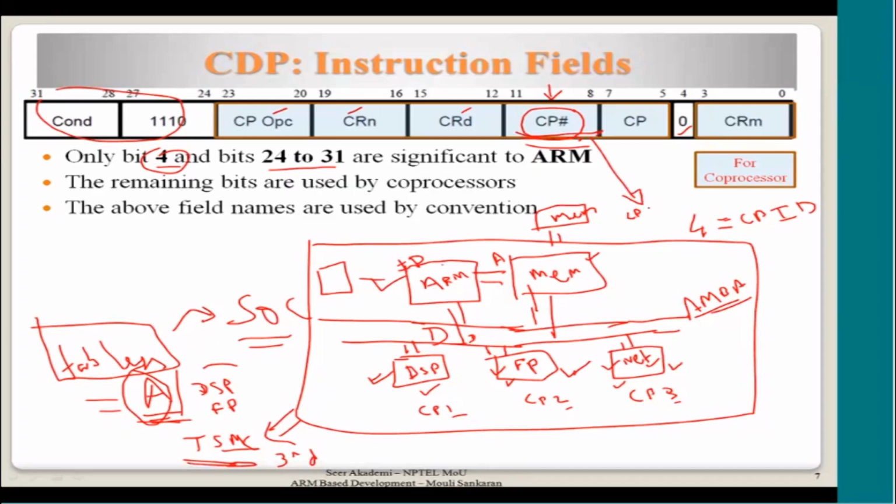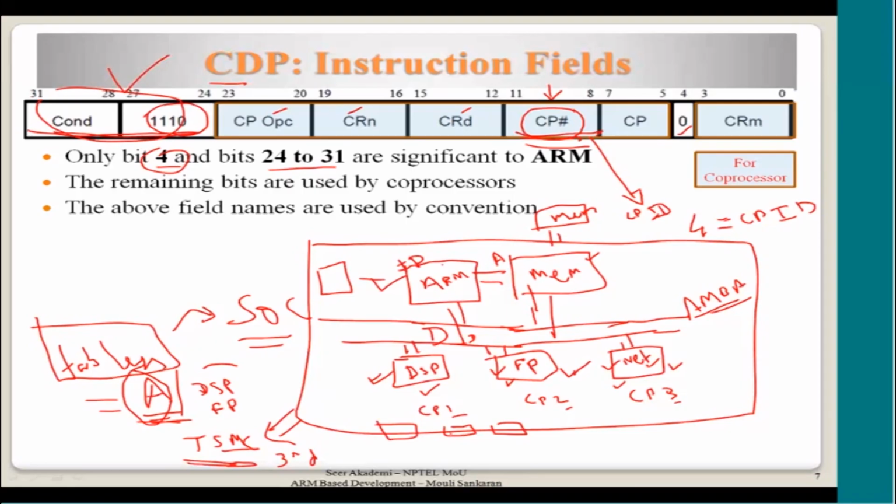Not only this, they also need to know what pattern ARM provides for the CDP instruction. This should also be known to the coprocessor vendors, so that when they are building the decode logic,